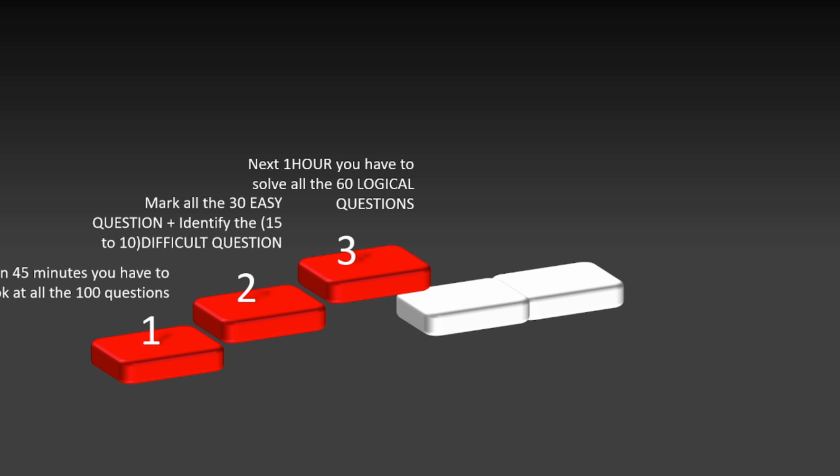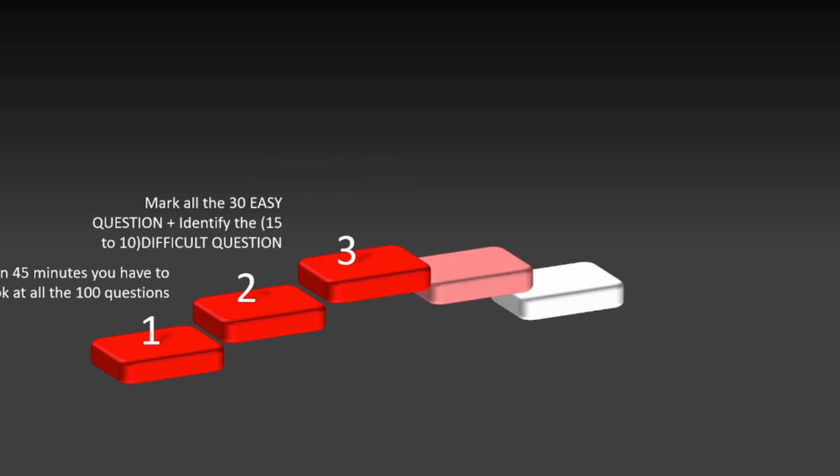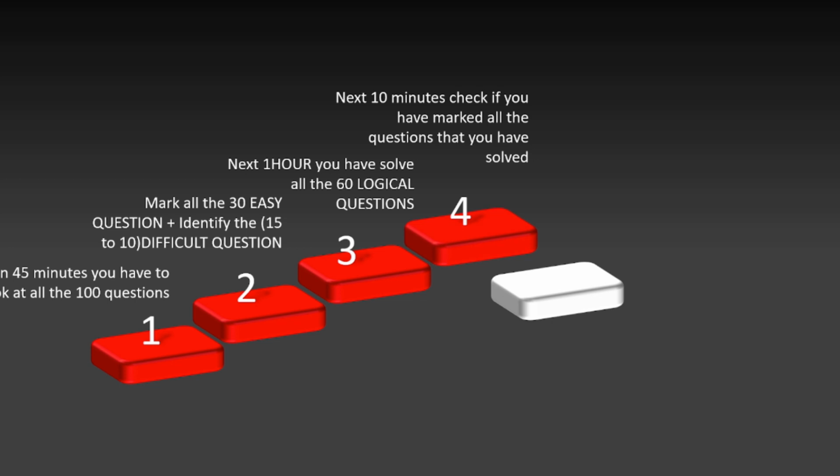This is where, for example, I come to A and B, and I mark whether it is A or B. I will have a confusion. But for clearing this exam, we have to approach these logical questions as well. Now 15 more minutes are left. In the fourth stage, for the next 10 minutes, you have to check through the whole paper. Sometimes what happens is that we would have marked a very easy question in the question paper, but not marked it in the OMR sheet.